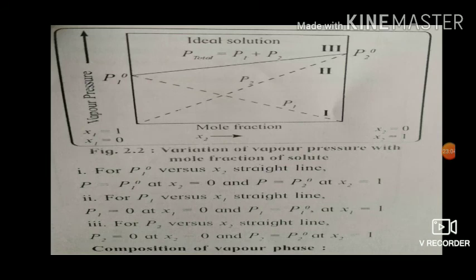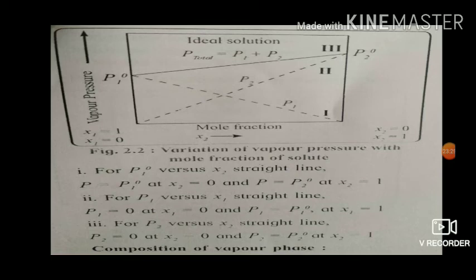2.2. The figure also shows the plots of P1 versus x1 and P2 versus x2 according to equation 2.2, that is the Raoult's law equation. These are straight lines passing through the origin. Now we see the graph which is plotted of mole fraction against vapor pressure. In this graph, P1 naught means the partial pressure of the first component